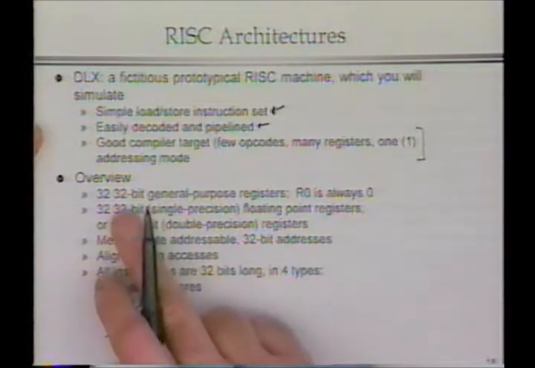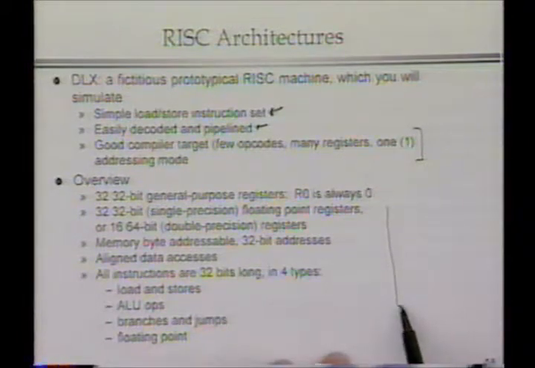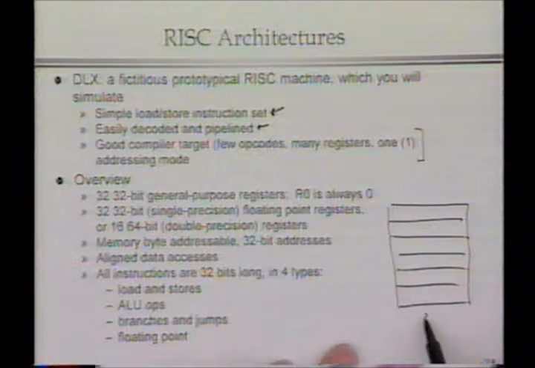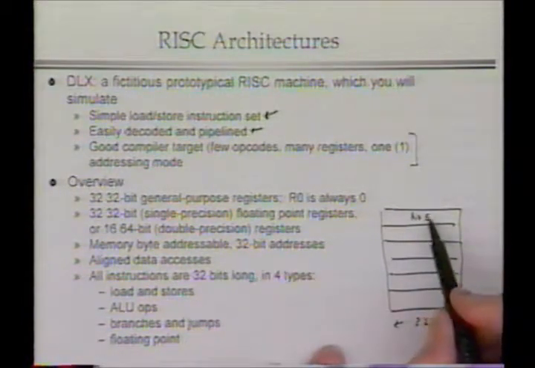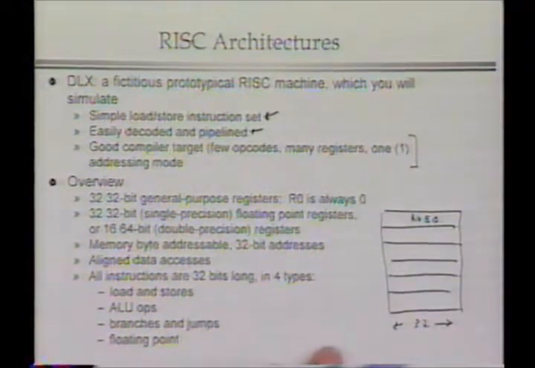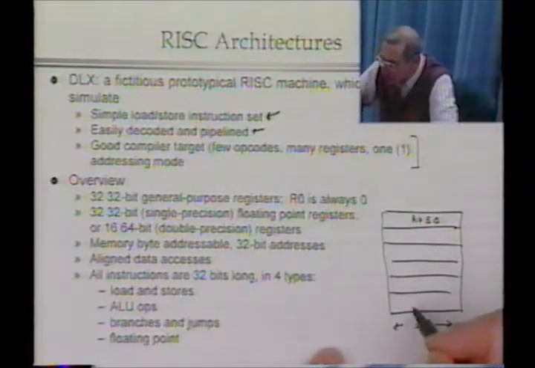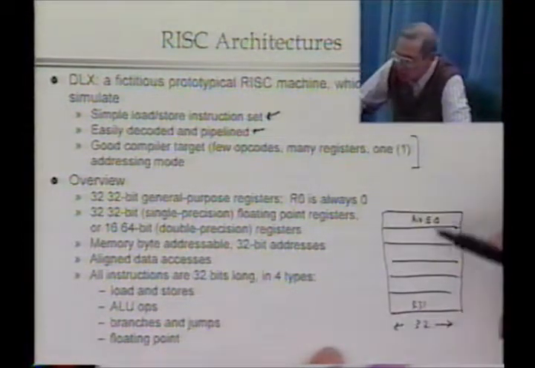In summary, it's a machine that has 32 32-bit registers. They're mostly all equivalent. It's almost silly to draw the picture because the picture is not very interesting. There are simply 32 32-bit registers. There are a couple of registers that have special meaning. In particular, R0 is always equal to 0. If you store into it, you don't affect it. If you read it, it's always 0. And that turns out to be handy for synthesizing some instructions that aren't really present, and we'll see that in a second. There's also another register, R31, which is used in a special way for subroutine linkage,